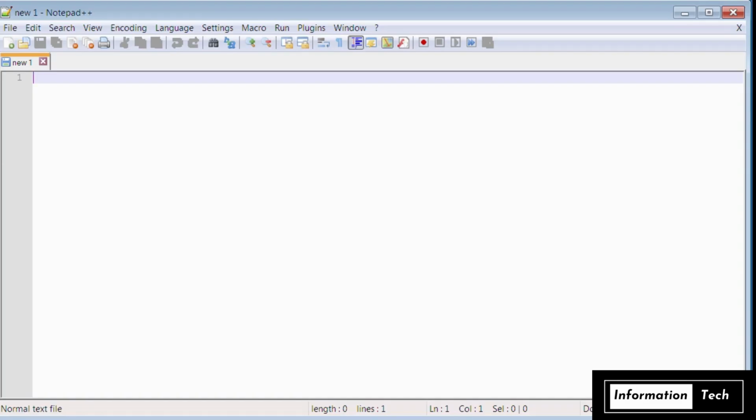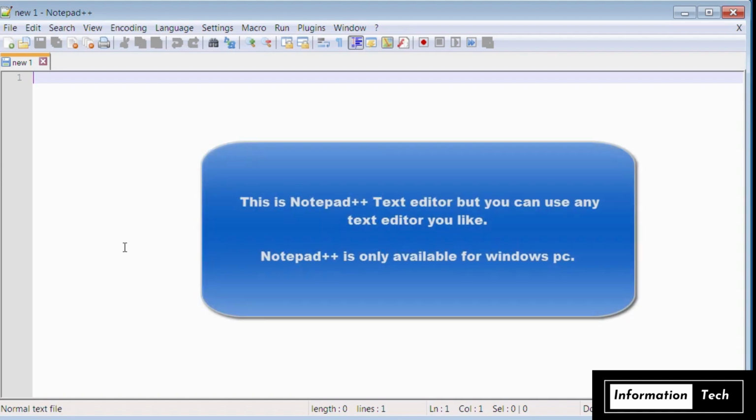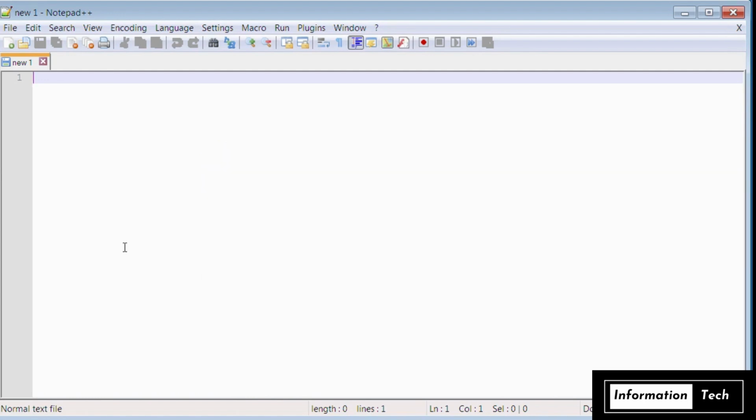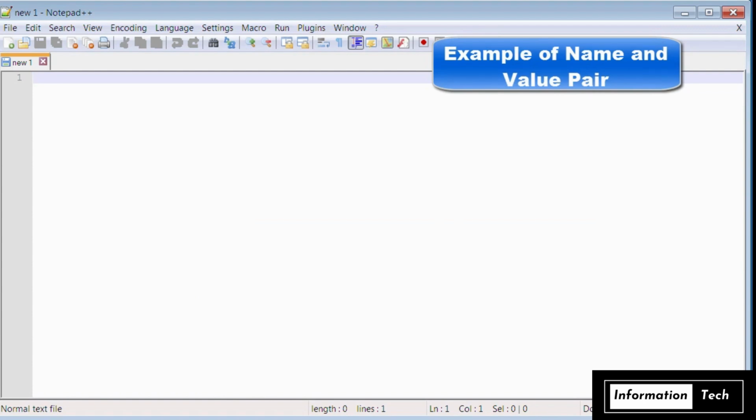I have got the Notepad++ text editor. I'm just going to show an example of the name pair value in JSON. So in the JSON syntax, the data is written as a name/value pair. A name value pair must consist of a field name, which must be in double quotes, followed by a colon, then followed by the value. For example, the first name,